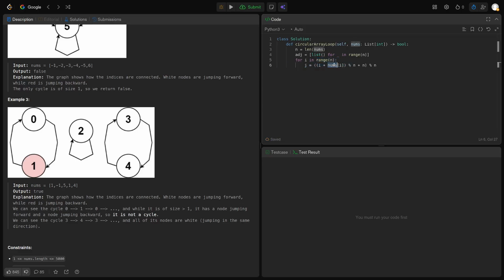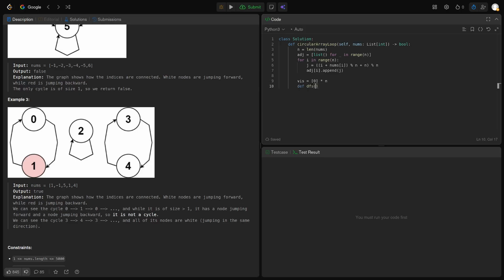But if we get into negative numbers by doing modulo, we will end up in minus n minus 1 up to 0. So we have to add n, and this is probably just for safety. Okay, and then this,